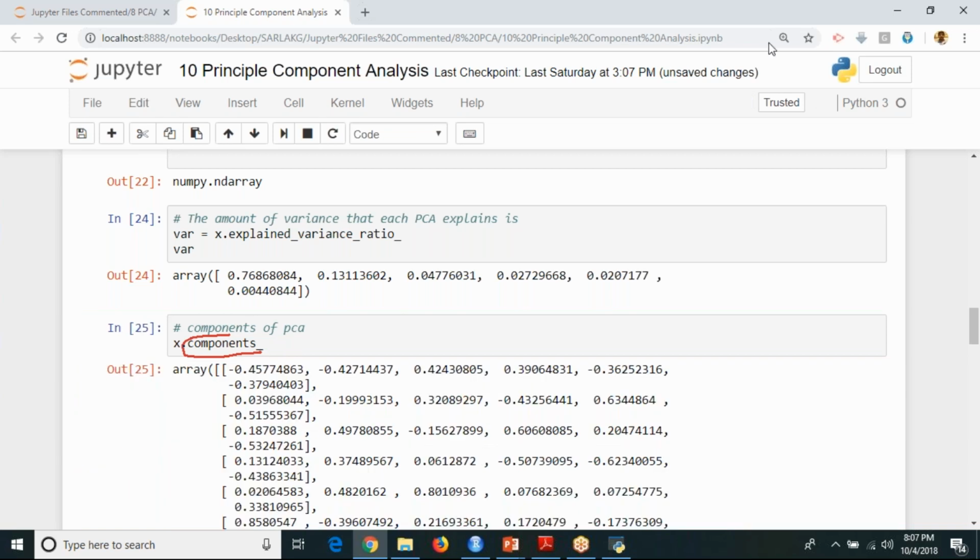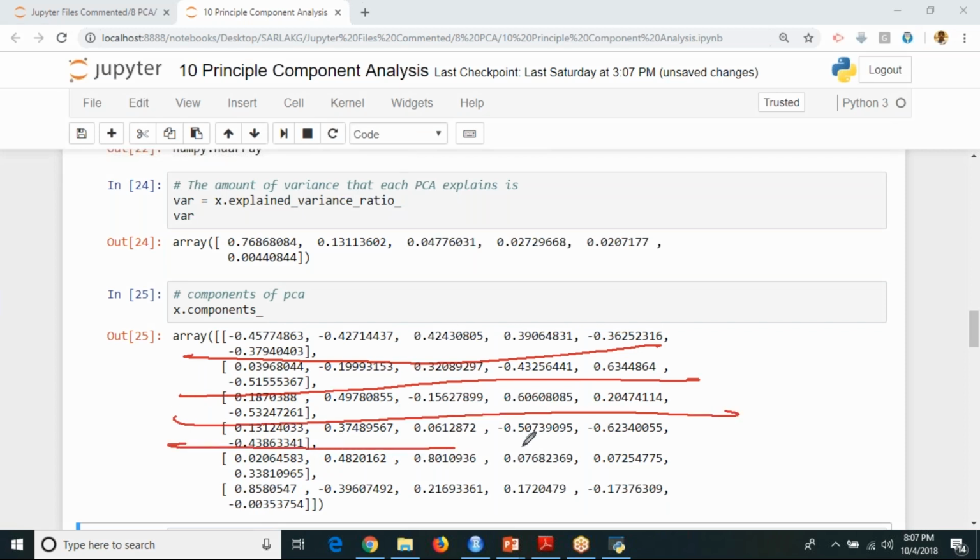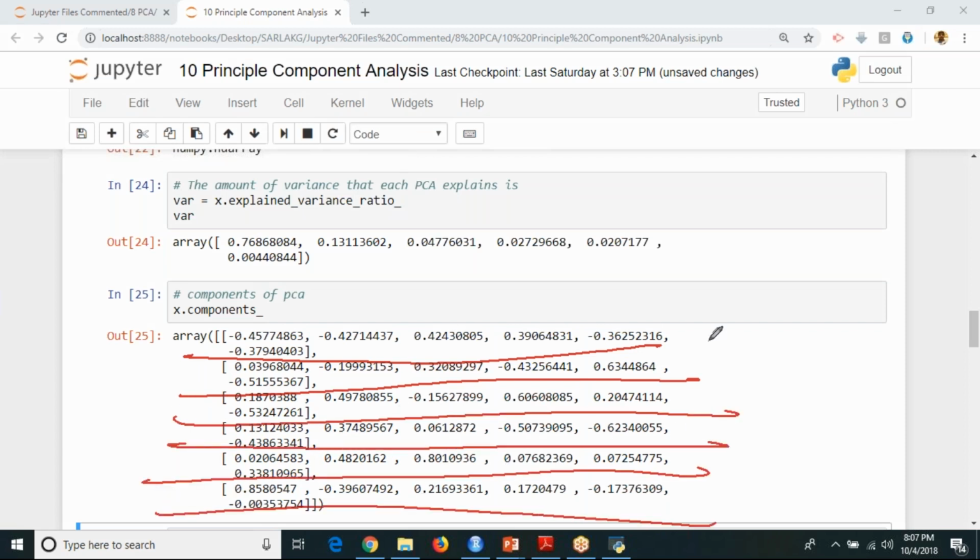If I directly give x.components_, it is going to give me AI1, AI2, AI3, AI4, AI5, AI6, then A21, A22, A23, A24, A25, A26. So totally you'll be getting 6 pairs of weights here. This is for SAT, top 10, acceptance ratio, student faculty ratio, expenses, and graduation rate weights.